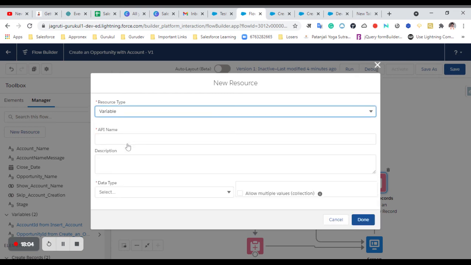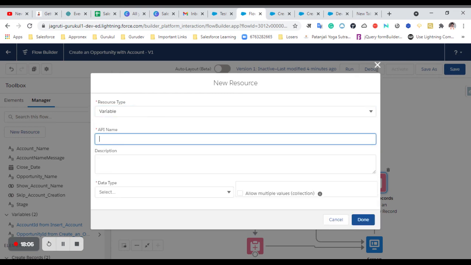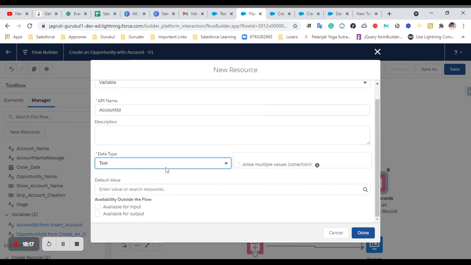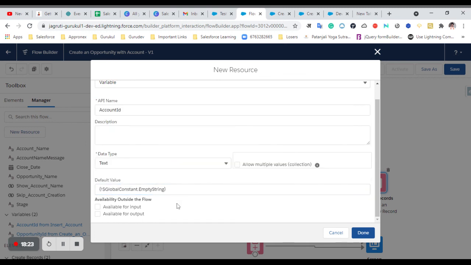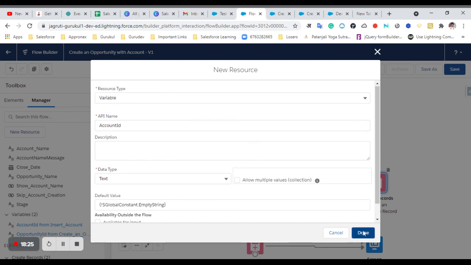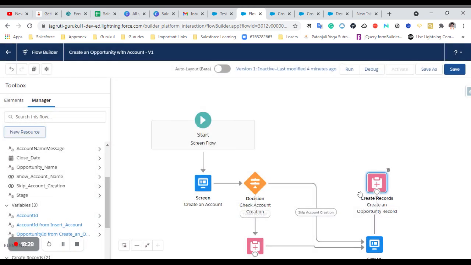I'm creating one variable, and that variable will be account id. The data type will be text. For the first time it will be an empty string. Everything looking fine. Let's click on done.